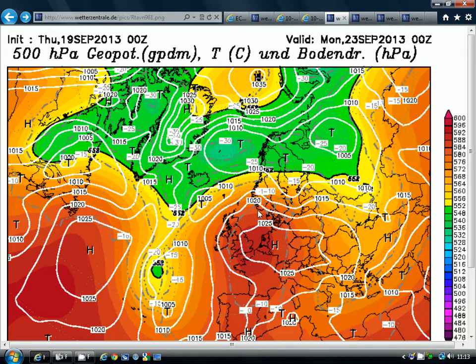Here's the high pressure sitting over the country and stretching out into Central Europe at the start of next week. That's got some really warm air associated with it. So I think we will be seeing temperatures up to 23, 24, possibly 25 degrees by day in good sunny spells, getting up towards the 77 Fahrenheit mark, but certainly around the mid 70s Fahrenheit for the start of next week.